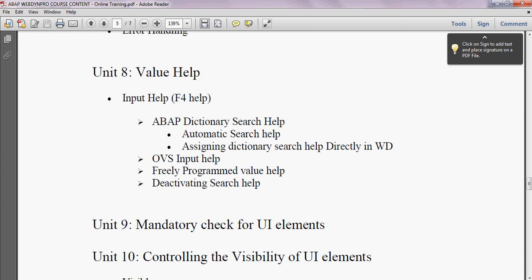And coming to unit 8, value help. So value help, we have WebDynpro ABAP specific. For a particular input field, if you want to have an F4 help available, you have these are the